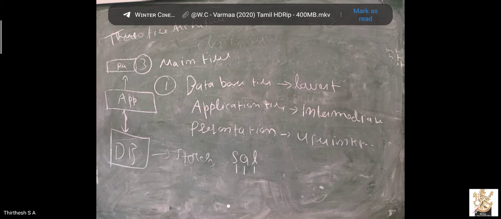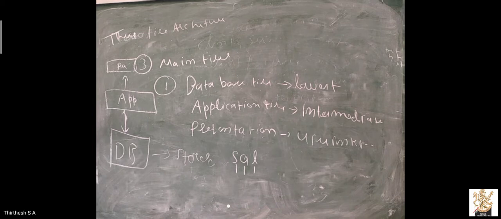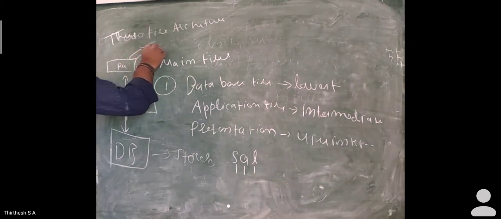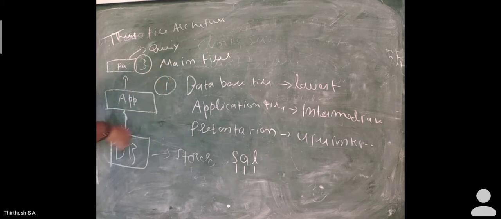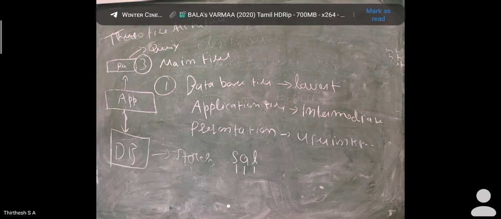So next, coming to the presentation layer. So what is a presentation layer? An end user interacts with this tier. Here he will interact with the database like a client, for his access of the records. Clear? Whenever he is going to access a record, he will use a query language. A query means a question, nothing other than that. Clear? In this tier, the end users are not aware of the application and database layers.